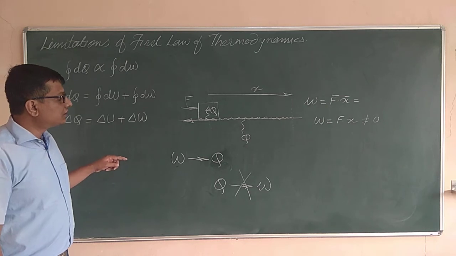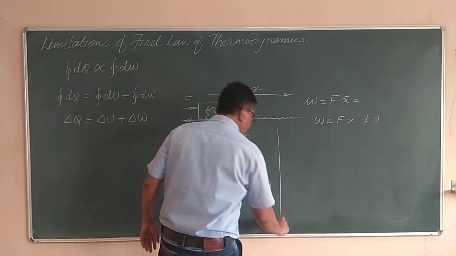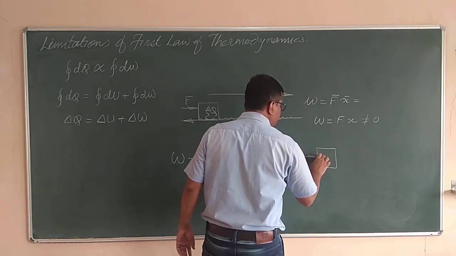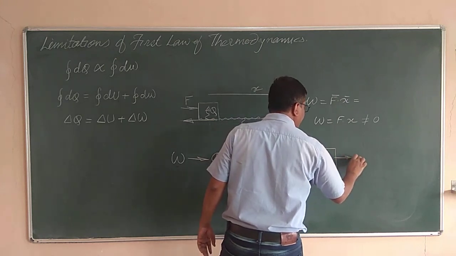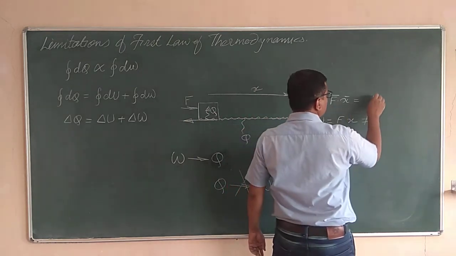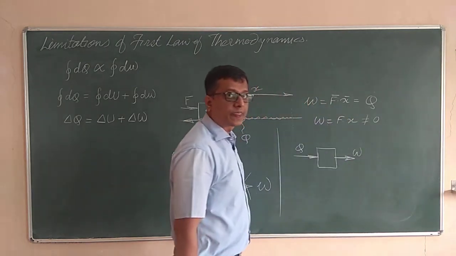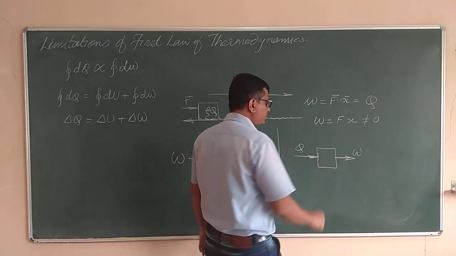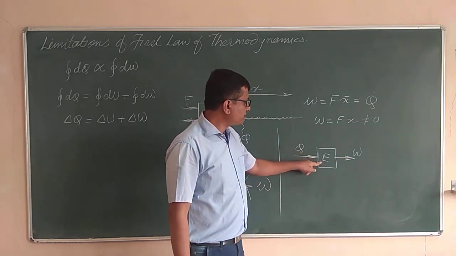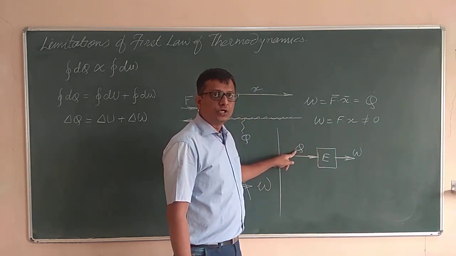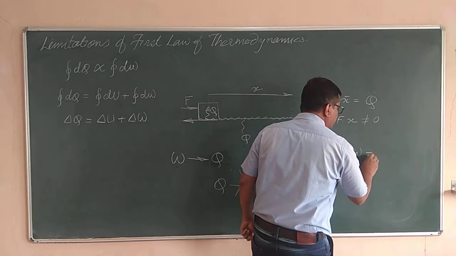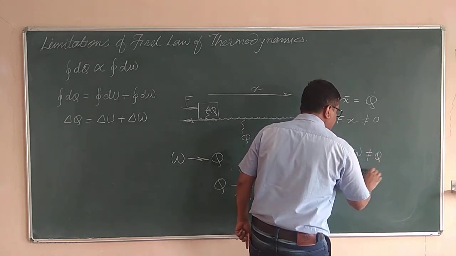Now, in some cases, for example, one specific case in which there is one system that can absorb the heat Q and give out some mechanical work. In the earlier case, whatever work done we had was equal to Q, the heat produced, also heat transferred. But if I have one engine like this which can absorb heat, a steam engine let us say, that steam engine can absorb heat from the heat source outside, but is not able to convert that entire heat energy into mechanical work. So this work done is not equal to Q. Work is always less than Q.